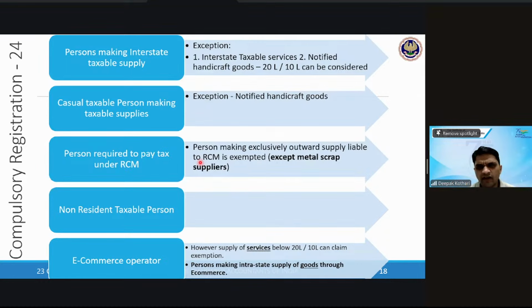So will this apply for any person who is selling through Flipkart or anything else? That is my question. So the question is, anything we supply through an e-commerce, e-commerce will distribute to any person, whether it be interstate or intrastate. So fair, then what is this case where they are given an exception saying that a person making intrastate supply of goods through e-commerce will not have to register? So which practical case do you think it will come?